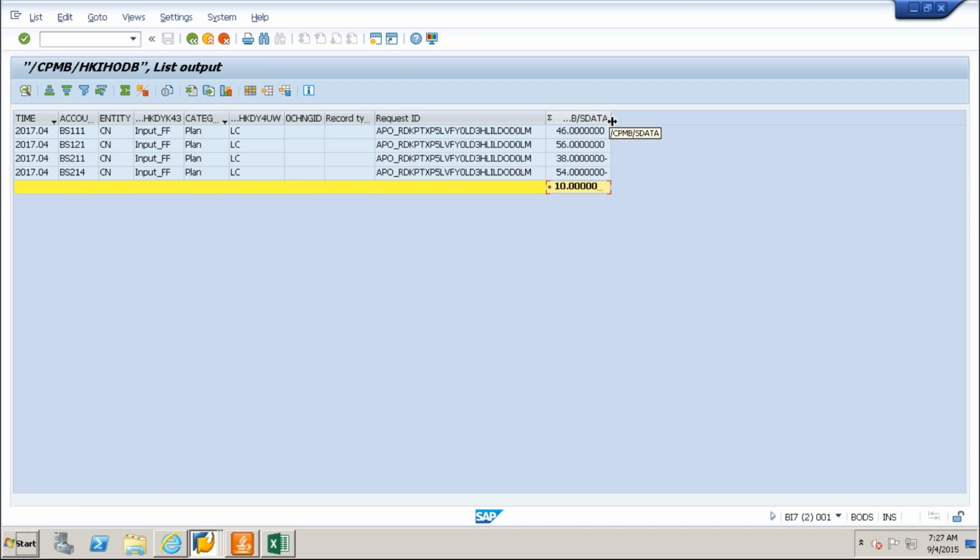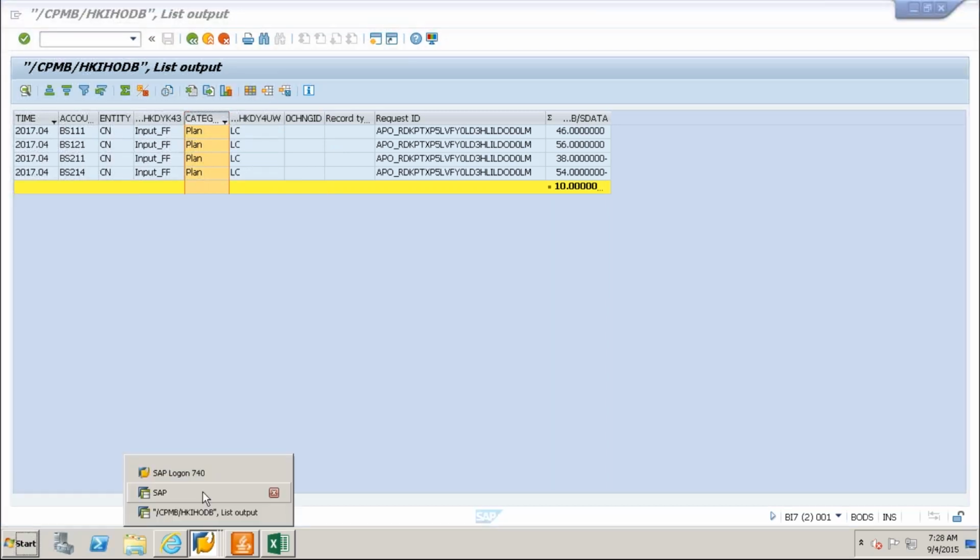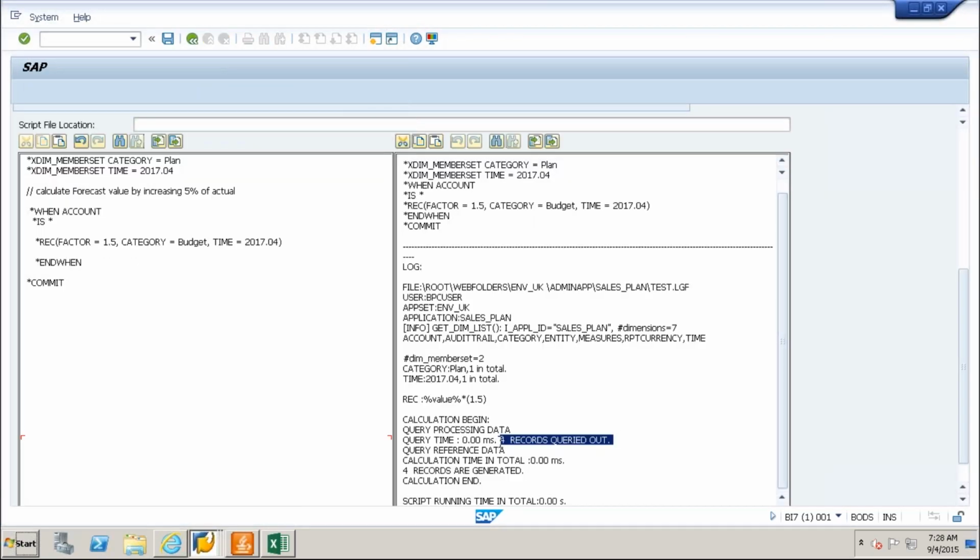So okay, we have a value here, 54. So these are the different values. 4 records are there. So basically based on these 4 records, it will generate 4 more records for budget. That is the only reason it is showing up here. So it is very clear for us now. We are confident that the script is working properly.